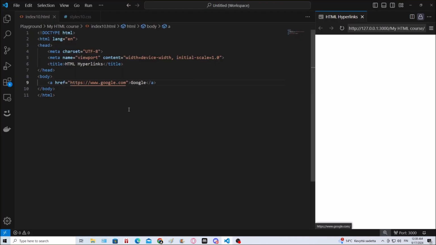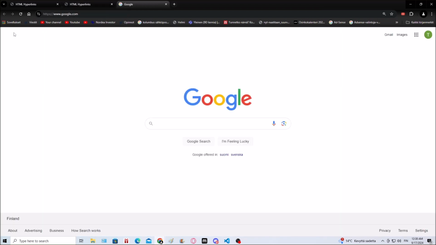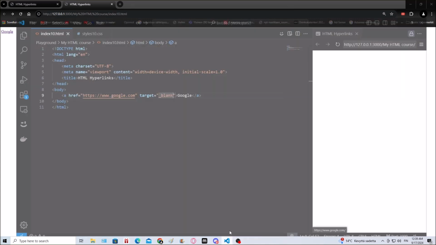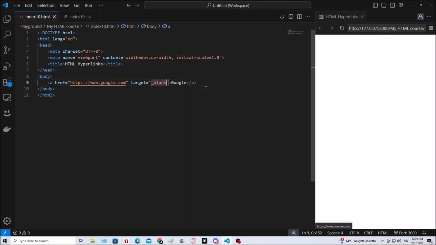So I can also add a target attribute, for example, _blank. What it does is that it will open Google in a new tab. Alright, like this. It will open it always in a new tab. So that's useful to know. Then we got the